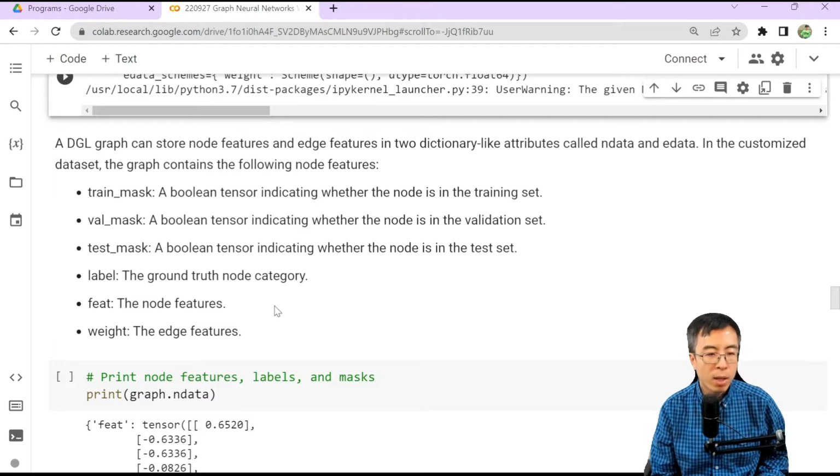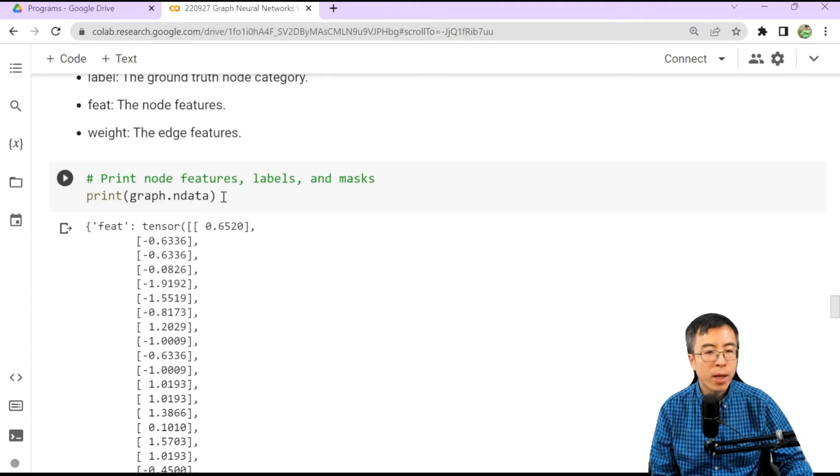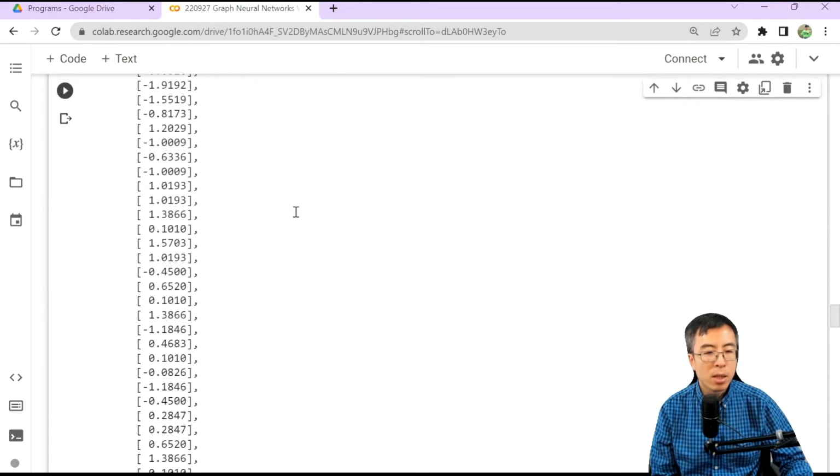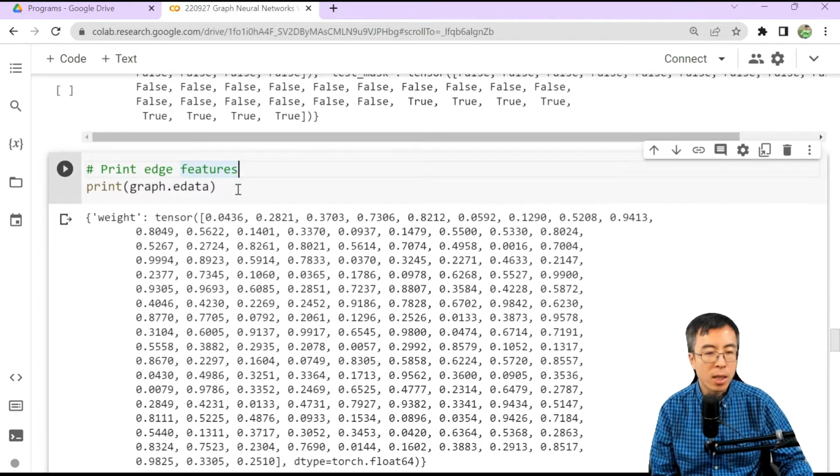We also have a label denoting the ground truth node category, either belonging to class 1 or class 0. And we have feat denoting the node features. Here is the standardized age, as well as weight, which is the edge feature denoting the importance or strength of the ties. We can print the node features using the graph ndata command. We can also print the edge features using the graph edata command.